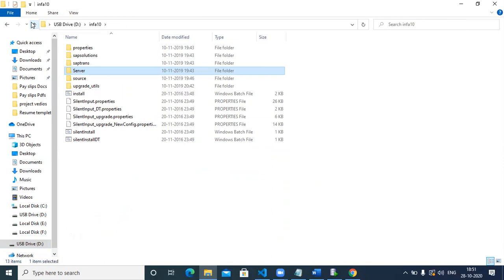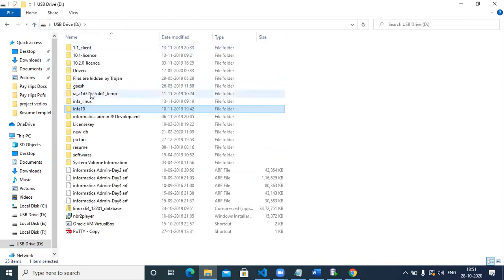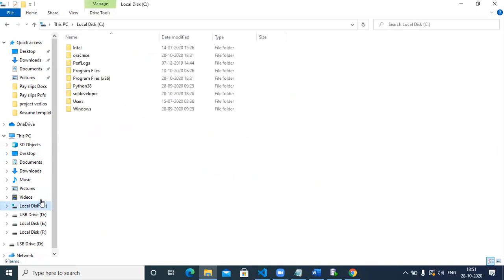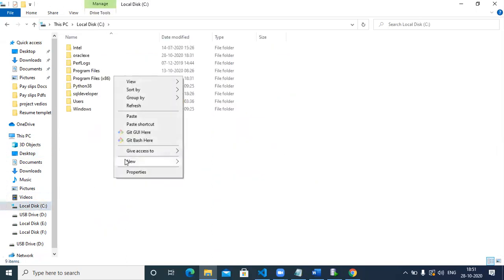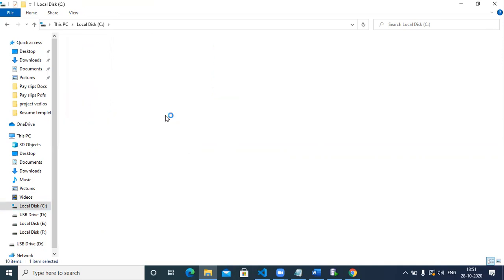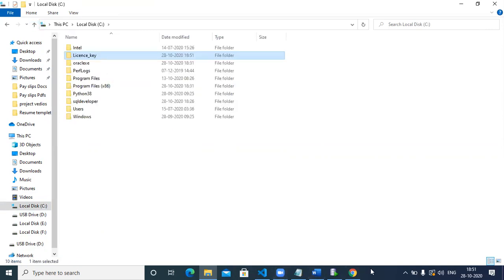So first, we need to copy the license key file into our local machine, meaning into the C directory. We need to paste it here. Then we need to go to the